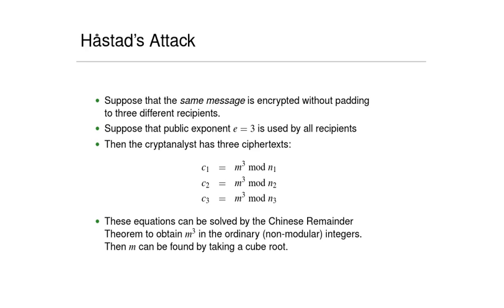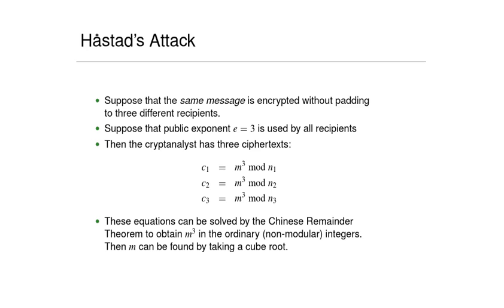N1 is according to the choice of P and Q of that particular recipient. And the next recipient, ciphertext is C2, m to the power 3, because the public exponent is 3 for that recipient as well, and mod n2. N2 is according to the choice of P and Q of that recipient, and similarly for the third recipient, like this. And if you have these 3 equations, let's say we have 3 recipients, they all are using public exponent E equals some value, the same value,